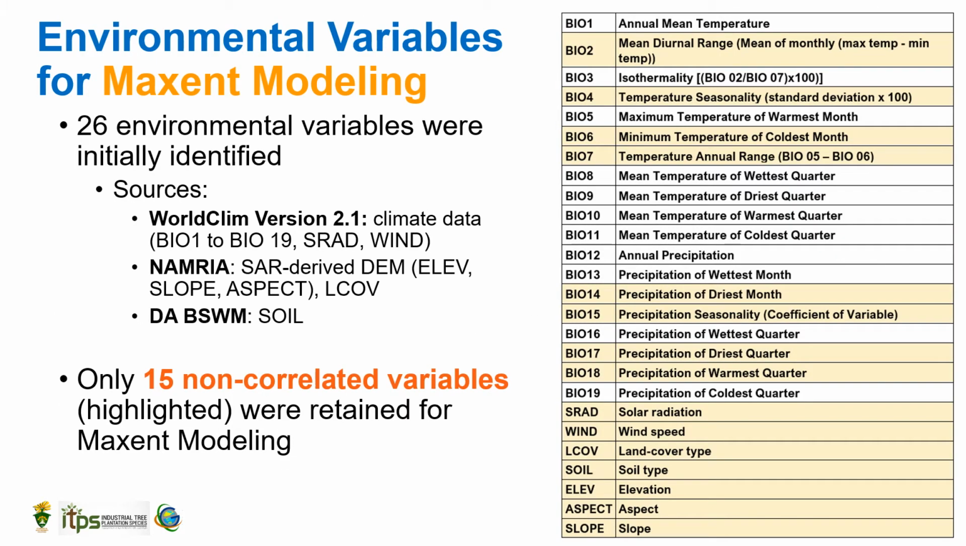A total of 26 environmental variables were initially identified for Maxent modeling. However, some of these variables were collinear or correlated with each other. In species distribution modeling, collinearity increases uncertainty and decreases the statistical power of the model. So we need to remove those variables that are collinear or correlated with each other. After performing collinearity analysis, we were able to select 15 out of the 26 variables for inclusion in the Maxent